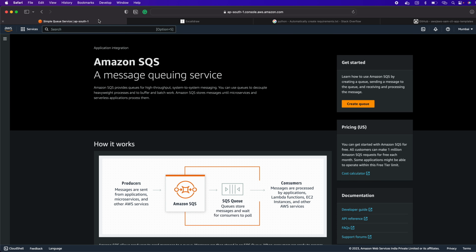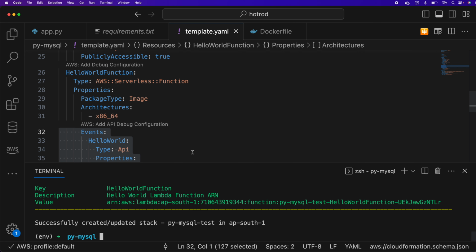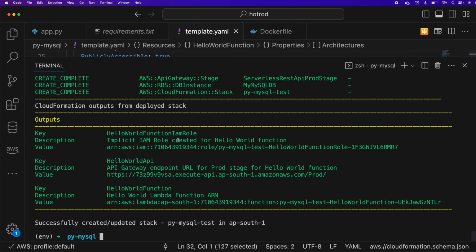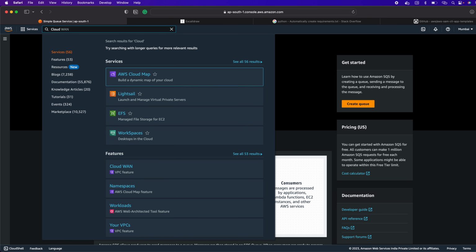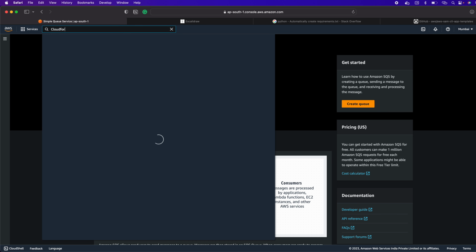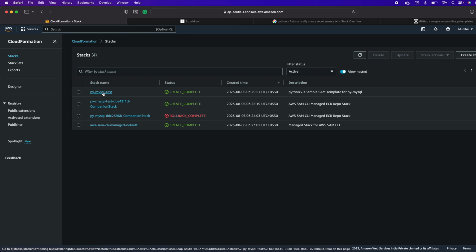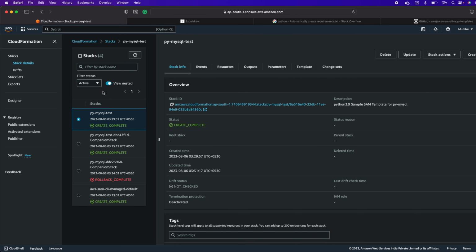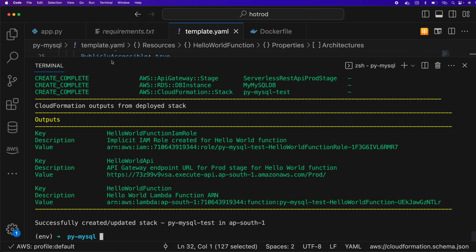So let's go back to the CLI. As I told you guys, this is time consuming, but everything went well and we haven't got any errors. So now I'll go to CloudFormation again, and here you can click and see the outputs. These are the three outputs that we have written here,